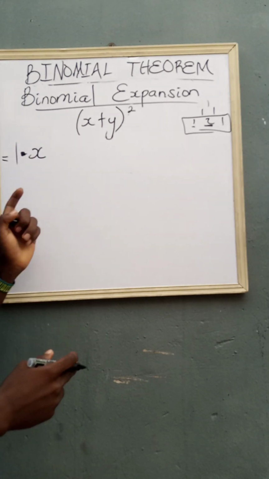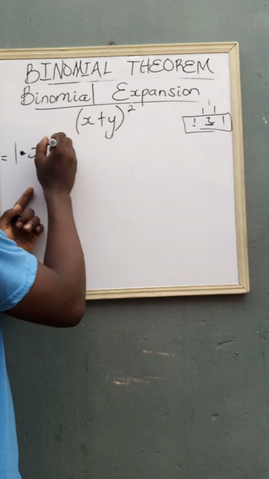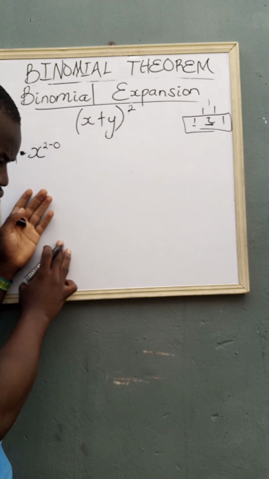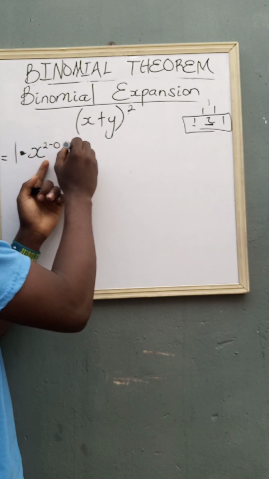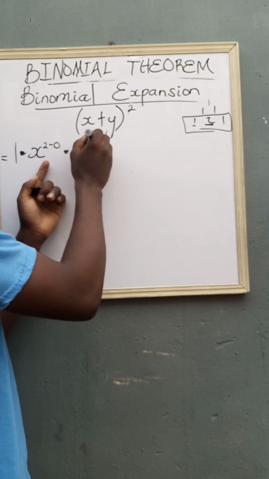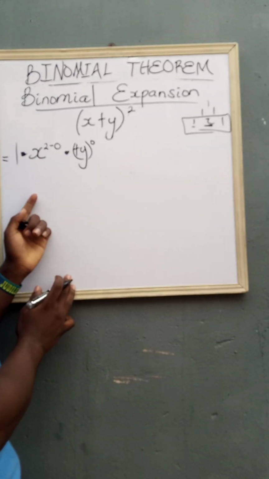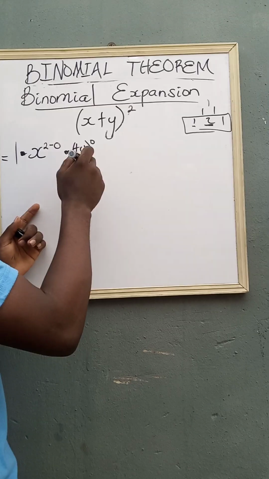Remember I said for your first term, it is reducing by your r. That's 2 minus 0. Second term is increasing by your r, plus y raised to the power of 0, right? Alright. So then moving on,